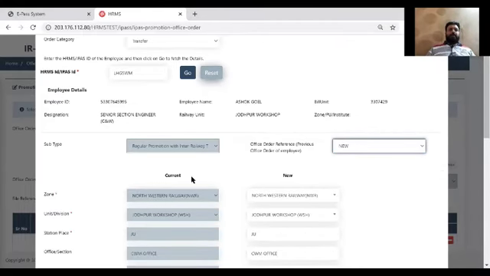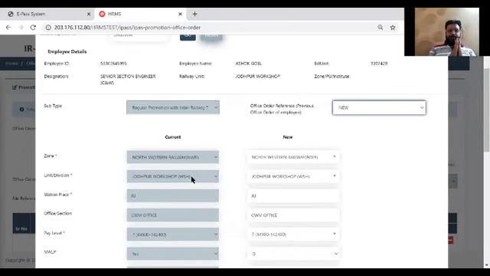Now, the most important thing that needs to be taken care of here is, while generating an office order, the current and basic tab of the employee master for this particular employee must be updated and in accepted state, because that information we are taking from the particular tab and putting it in the office order.